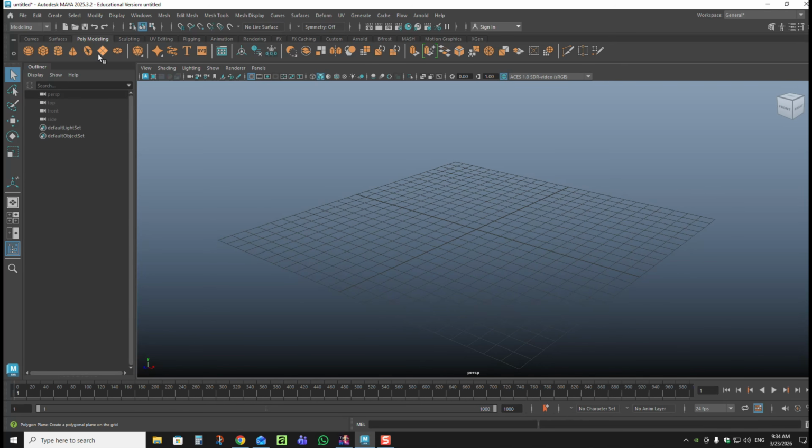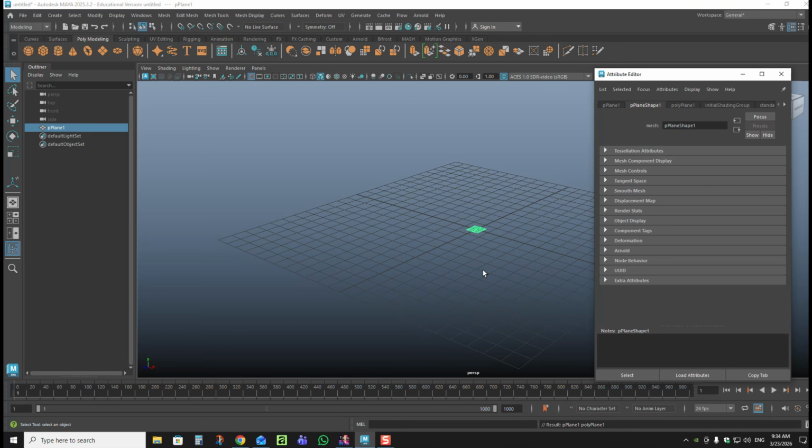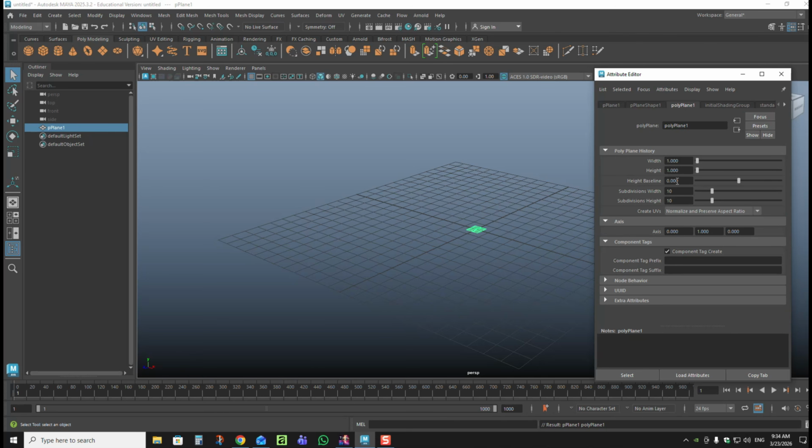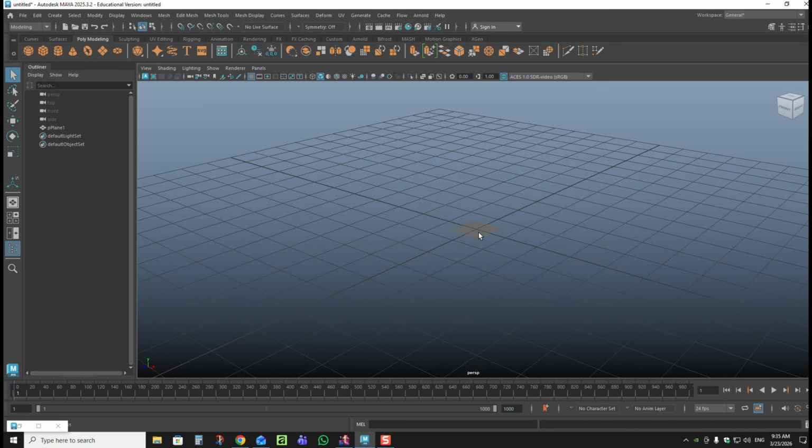So let's grab a polygon plane and we're gonna open up the attribute editor. And we're going to give it some density, right? Let's set that to, I don't know, 30 by 30. Okay. Then we're going to go in here and we're going to hit R and we're going to scale that out